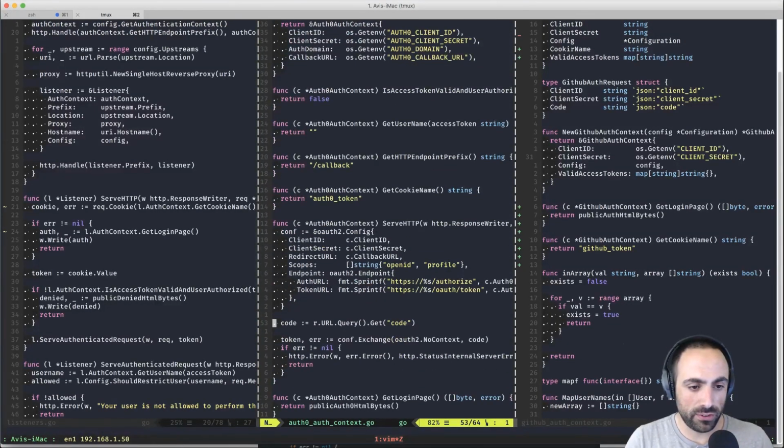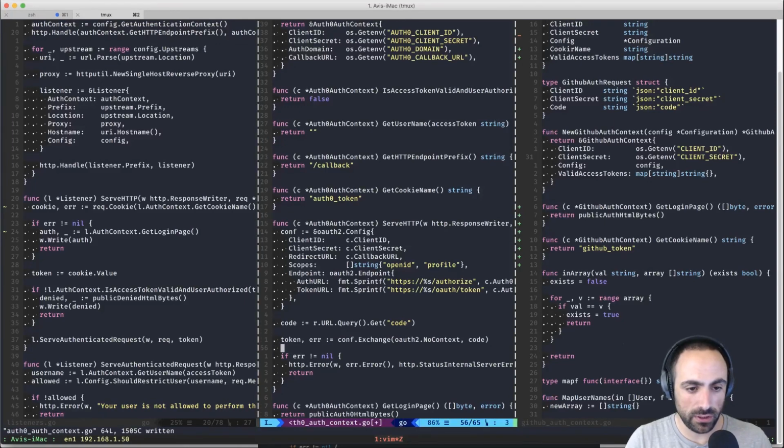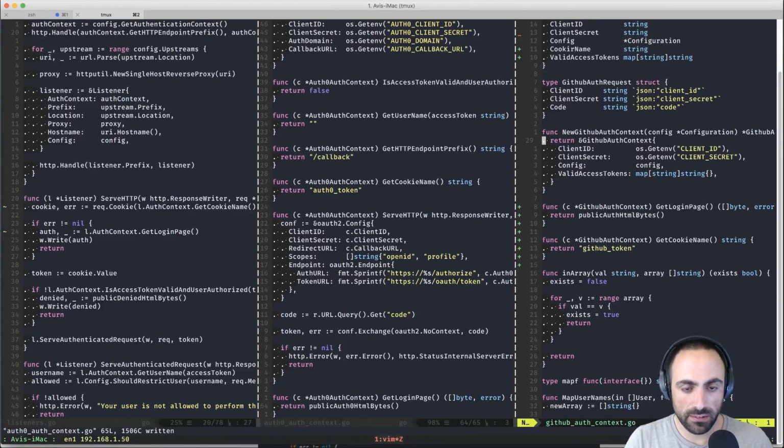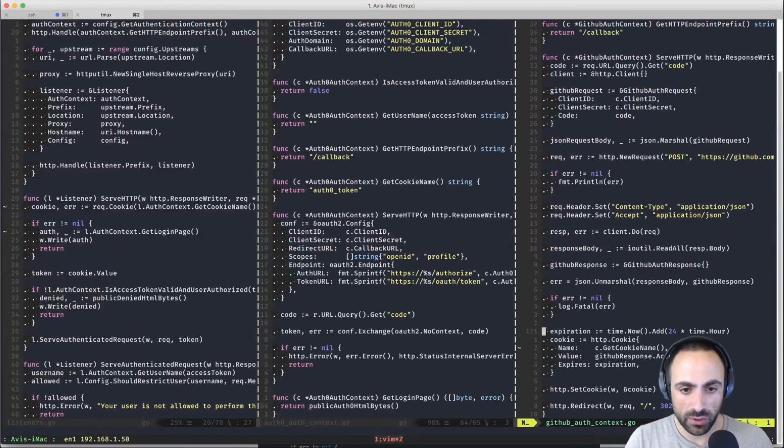Awesome. So now this is url.Query code, and then token, which is this in the code. Awesome. And then here, let's go ahead and look at the GitHub auth context. So what do we do here? We do the cookie, right?